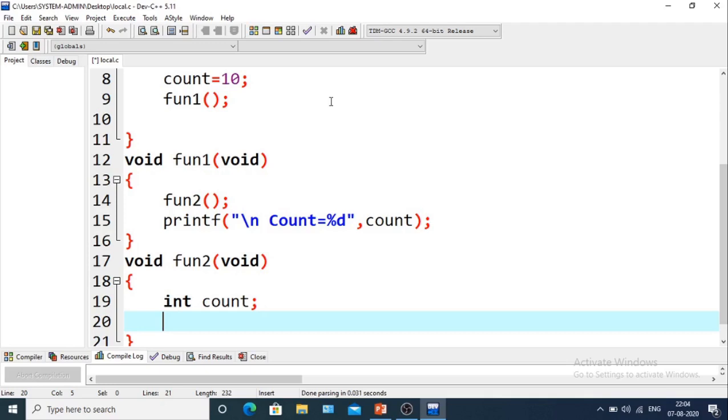Now we'll use a for loop: for count equals to 1, count less than 5, count plus plus.